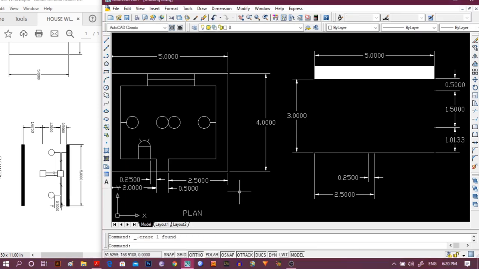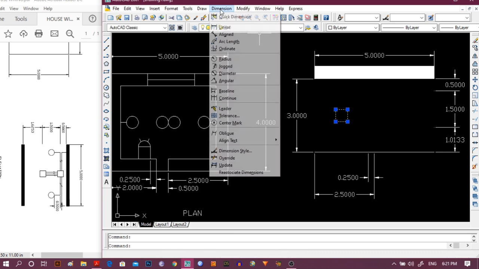I am simply drawing the rectangle by copying from our plan, and I am going to put this one here by moving this one.